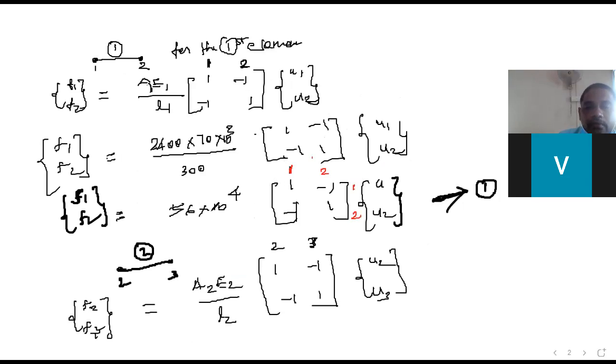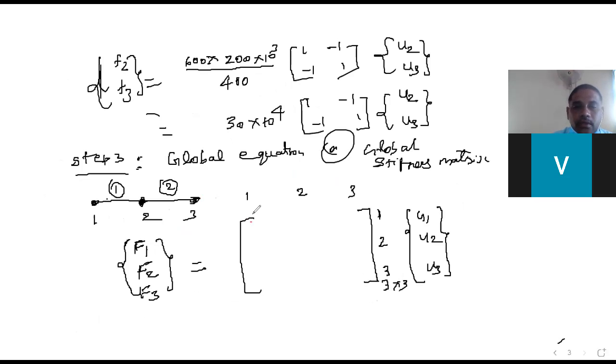So in 1, 1, you'll be having 56 into 10 power 4. Otherwise, you can include the 56 term here. You take 10 power 4 common, which is in both the sides, and multiply it by 56. You'll be having 56, minus 56, minus 56 and plus 56. Since you have a common value, we can multiply it inside. So in the 1, 1 position we'll be having 56. We just fill this in here.